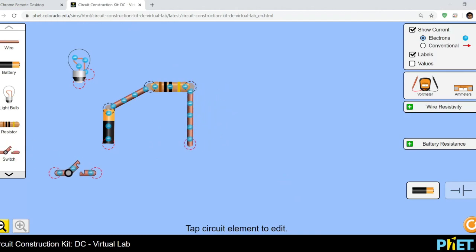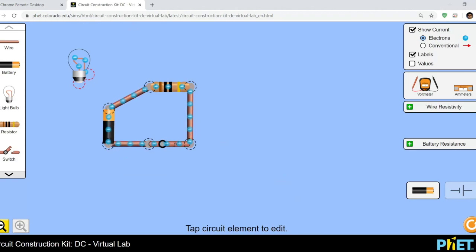Oh, there's a switch. We can attach a switch and finally attach the battery to the switch. Oh no, it's still not working. What's happening here? Well, I need to turn it on. When you flip a switch at home, it's like a drawbridge. Right now the boats are passing through, so the bridge is open and the cars can't flow. But when you close it, now the current can flow. This is what you're doing when you flip a switch. You're closing the circuit so that the current can flow.